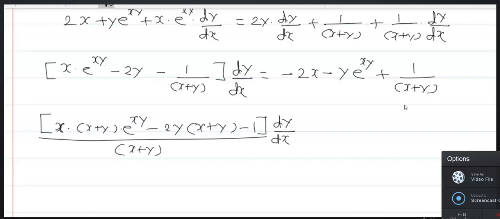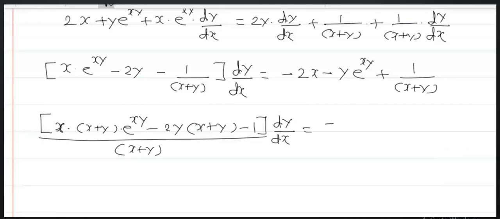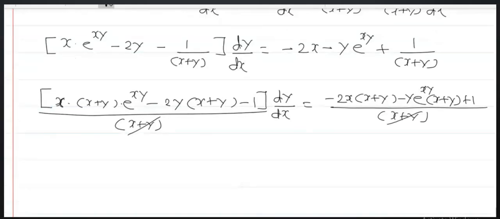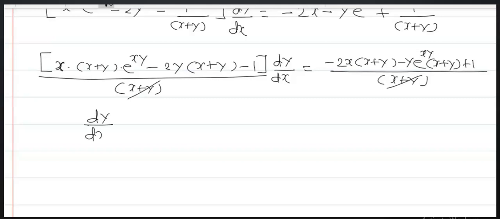Now here also, if we simplify, then you will get minus 2x into (x plus y) minus y into e raised to xy into (x plus y) plus 1 upon (x plus y). Now on both sides (x plus y) will get cancelled. Therefore, see this here. This gets cancelled. Therefore, dy by dx is equals to